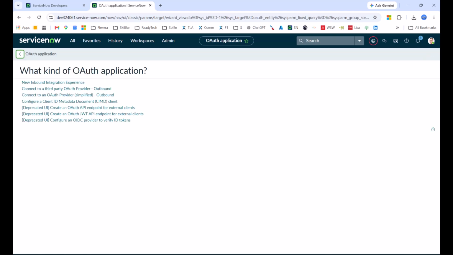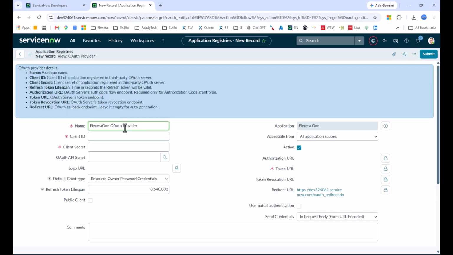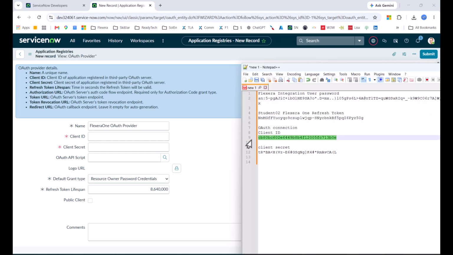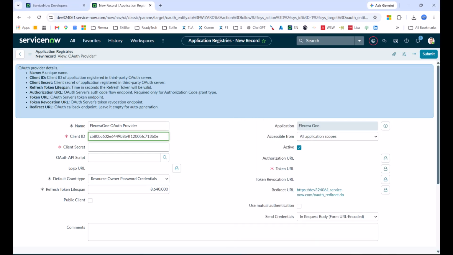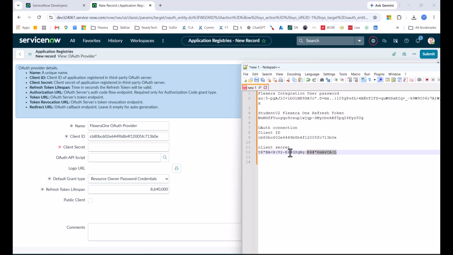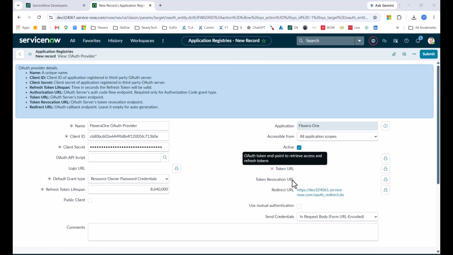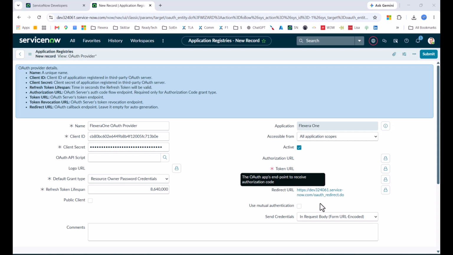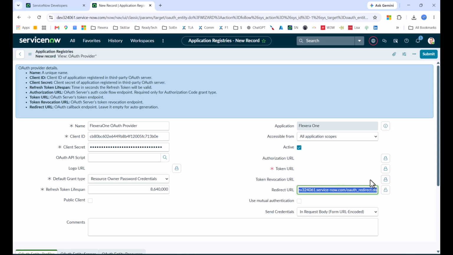This time we'll do the connected third party OAuth provider outbound. Give this a name that's in the lab. The client ID and client secret we just copied from the other connection, so we'll paste that in. So client ID is here, and the client secret is here. Next, we'll update the token URL, which looks just like the redirect URL with a slightly different change to the URL. So I'm going to copy that, put it in the token URL, and then just change the end of it to